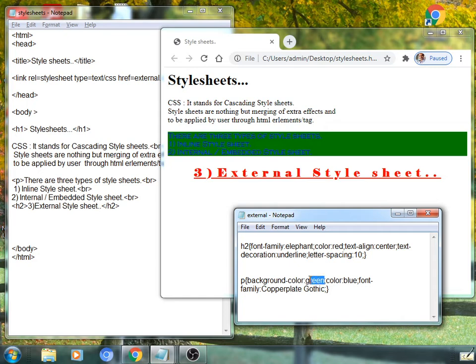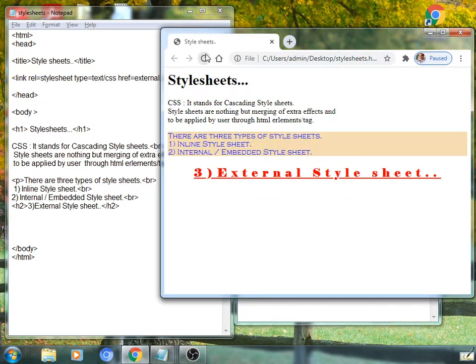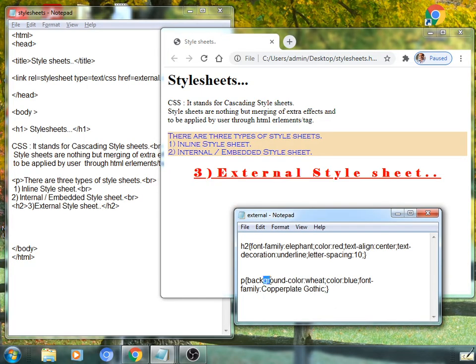I would like to change the background color again for the paragraph tag. Wheat. Background color I have applied as wheat. Text color is blue. Font is Copperplate Gothic. It is displayed here.